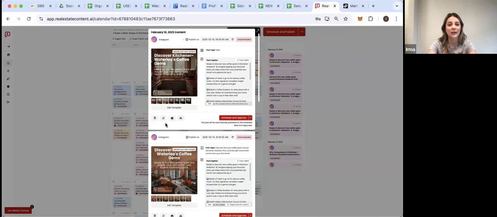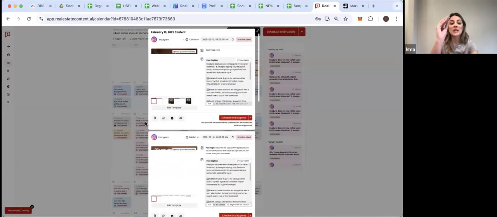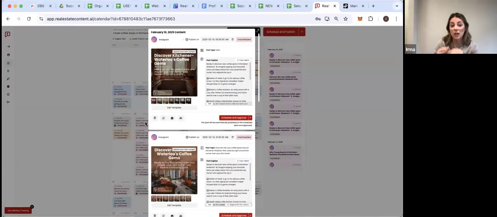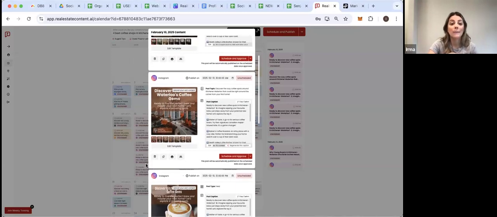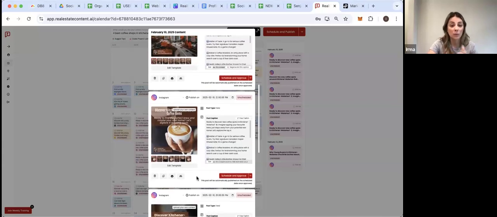So I went ahead and I duplicated it. And this is the exact same post all the way down 5 times. But what I did was with each of these posts, I made subtle changes to it via the editor so that you guys could see how you can go from the original post that's generated upon your first generation all the way down to beginner level editing with the editor, down to more intermediate, which is adding your own backgrounds,